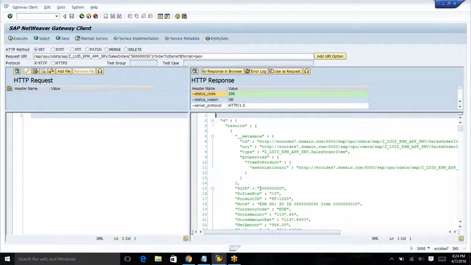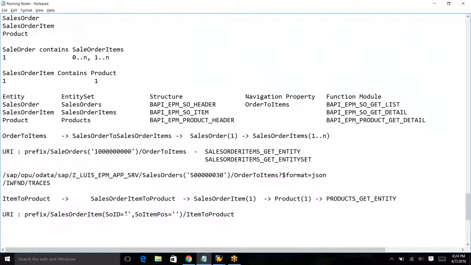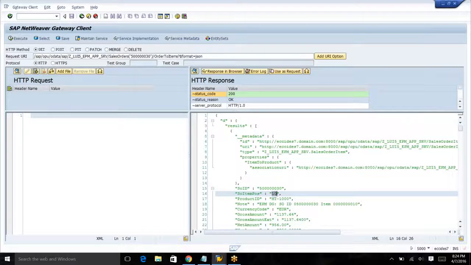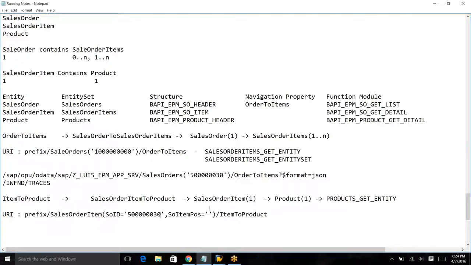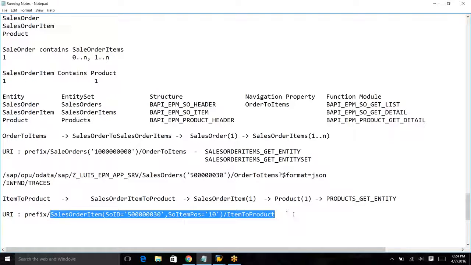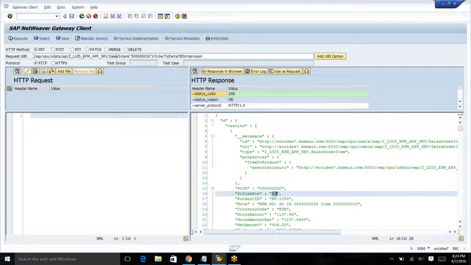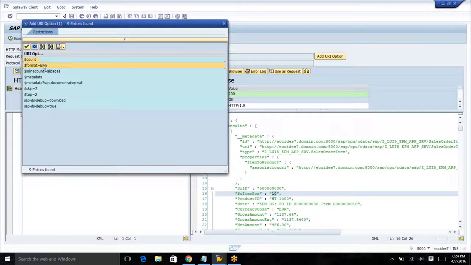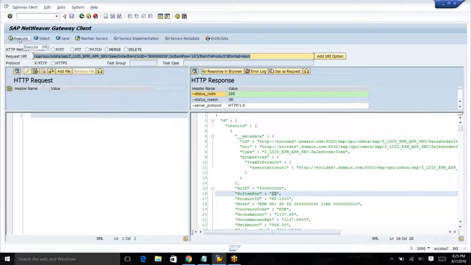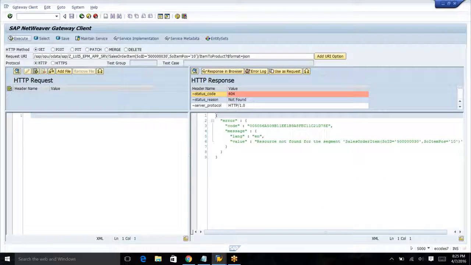I'm going to use this sales order ID. What I will say is sales order ID equal to this, sales order item position equal to this one. Okay, this is my URI, so after this service I'm just going to say this one, and I'm going to add format equal to JSON. Okay, so as we have put the breakpoint,